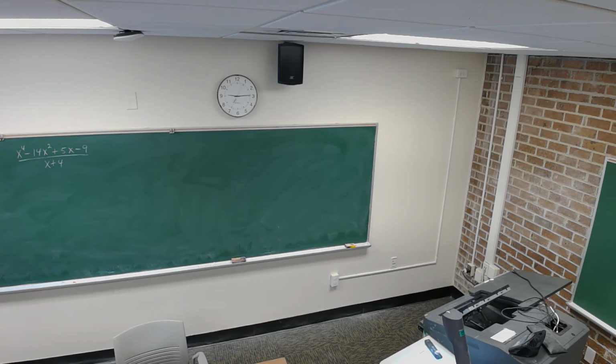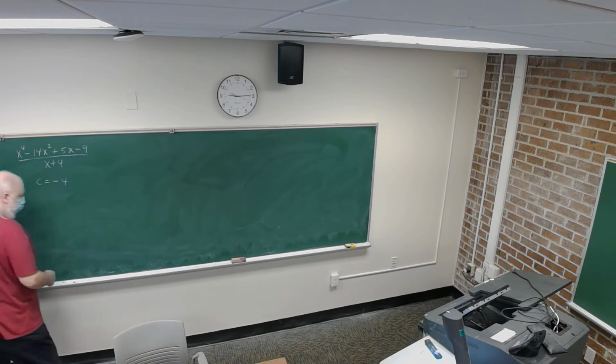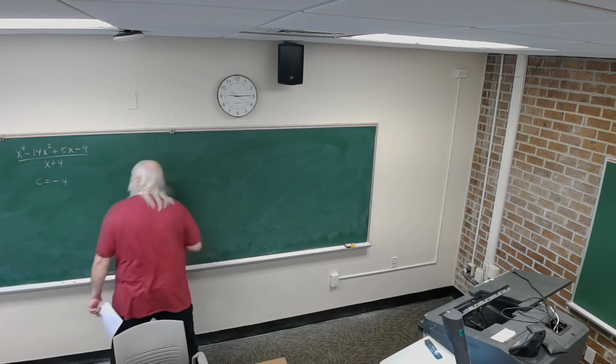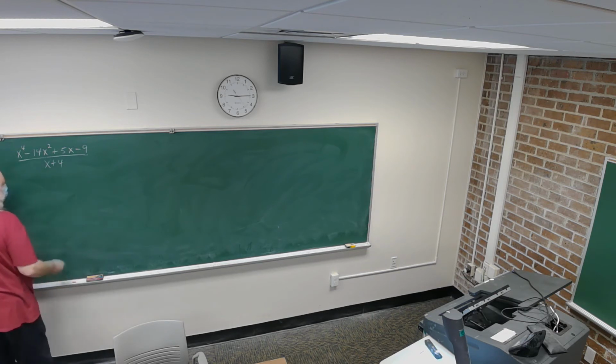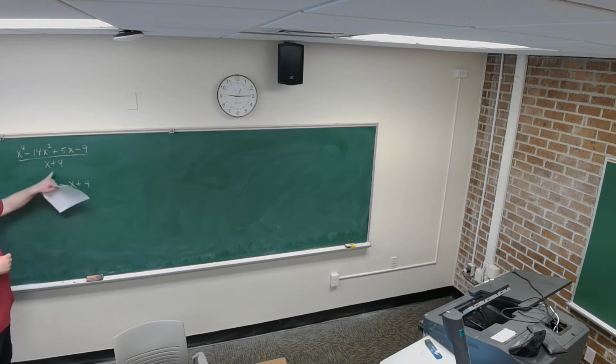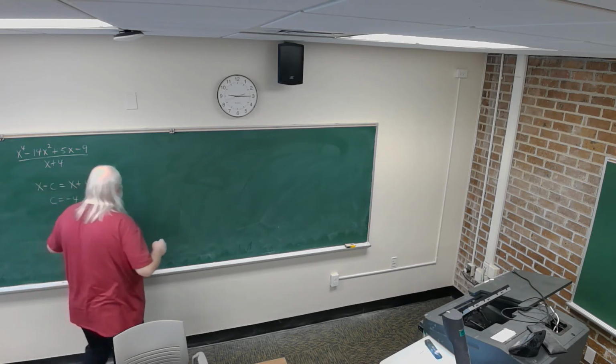Now, the first step in doing synthetic division: what is c? Well, c is equal to minus 4. Let's write this out. x minus c is equal to x plus 4 in this case. And so when you solve for c, you get c is equal to minus 4. You have to change the sign. The first step then is to put c in a box